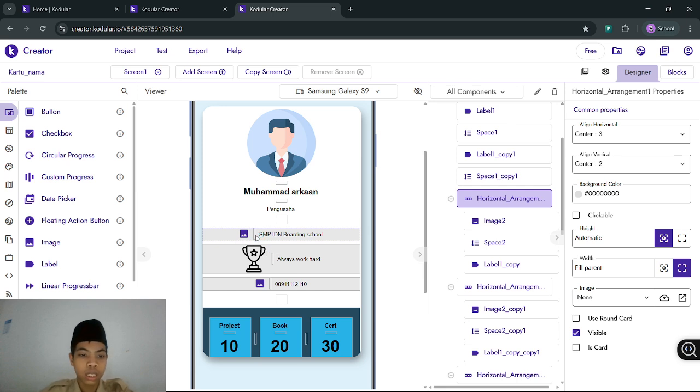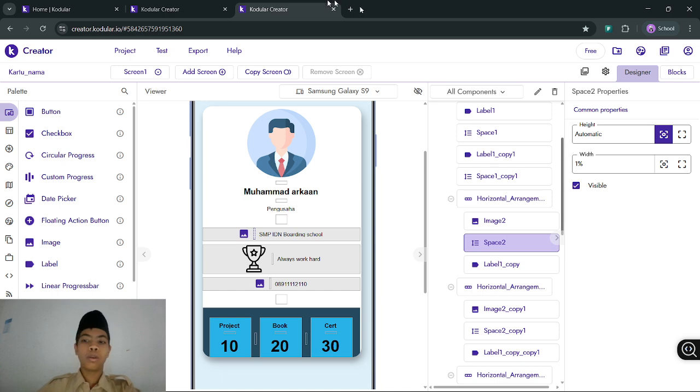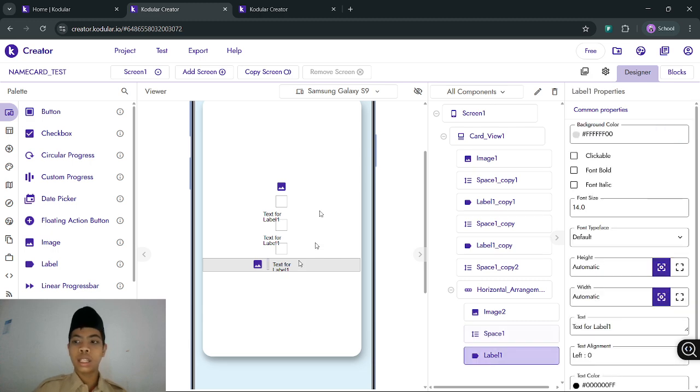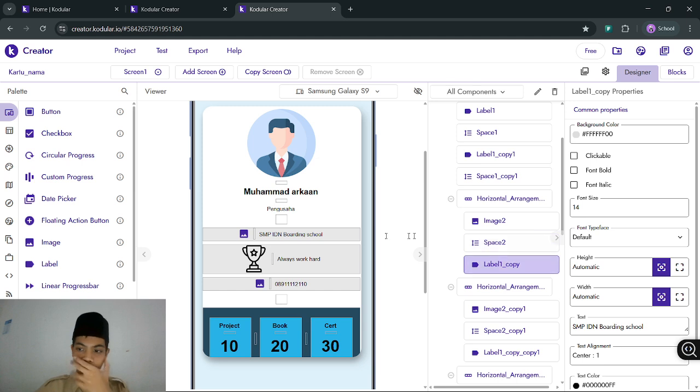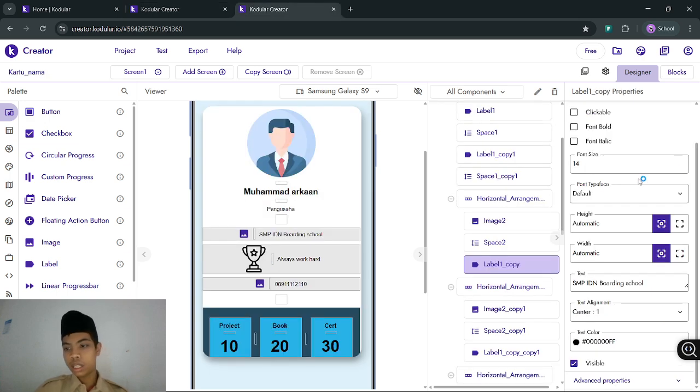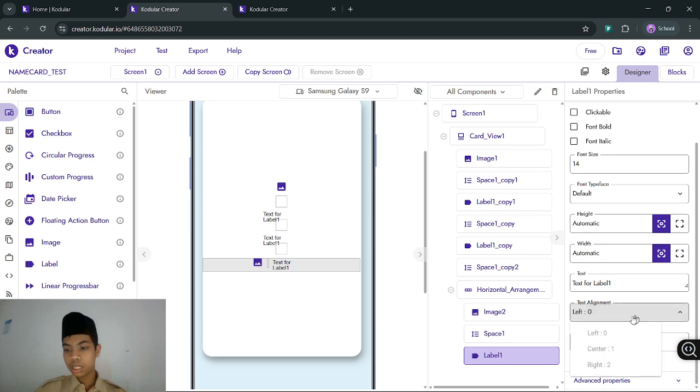So the space width is 1%, this, and then for the label text, font size 14, and text alignment center.